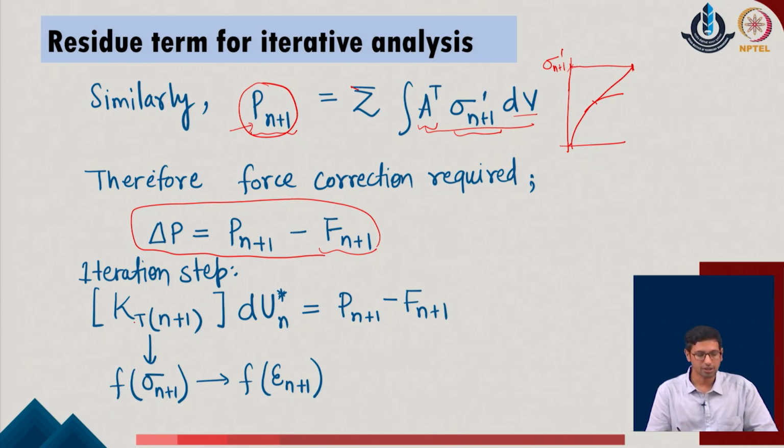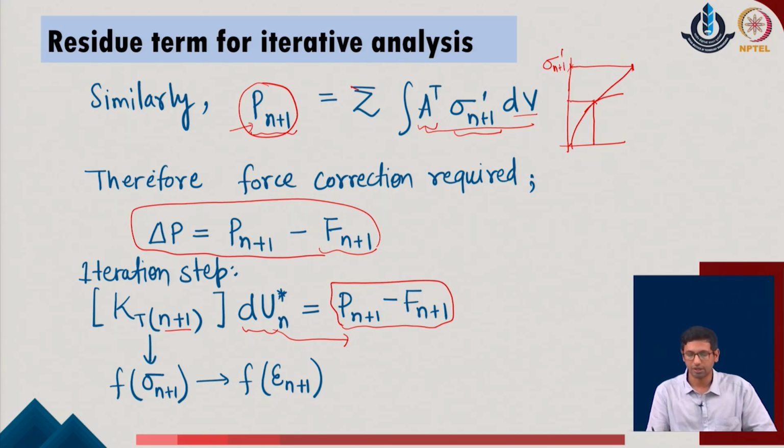As a first iteration, Kt n plus 1 is now the stiffness, the overall tangent modulus identified at the n plus 1th step of the given system, and then we provide this value of the residue in the system to calculate the increase in the nodal displacements of the given system. So, this iteration we are calling the first iteration, but this is taking place at a position where we have already obtained sigma n and epsilon n in the given system,